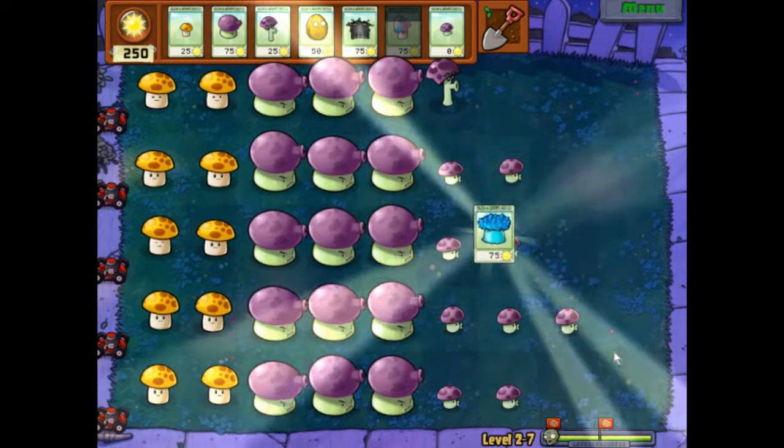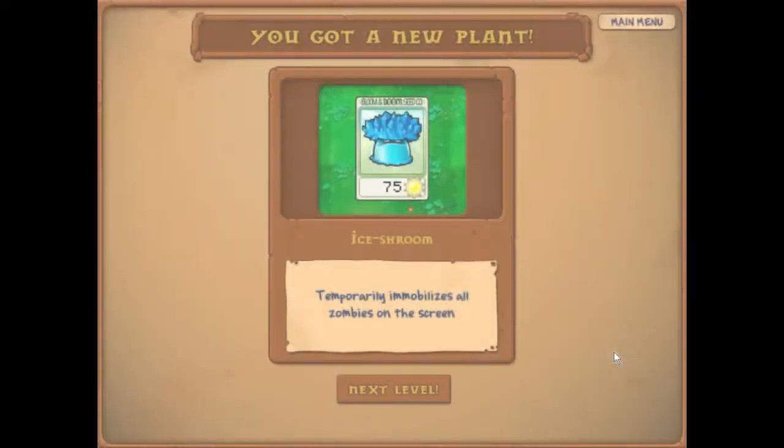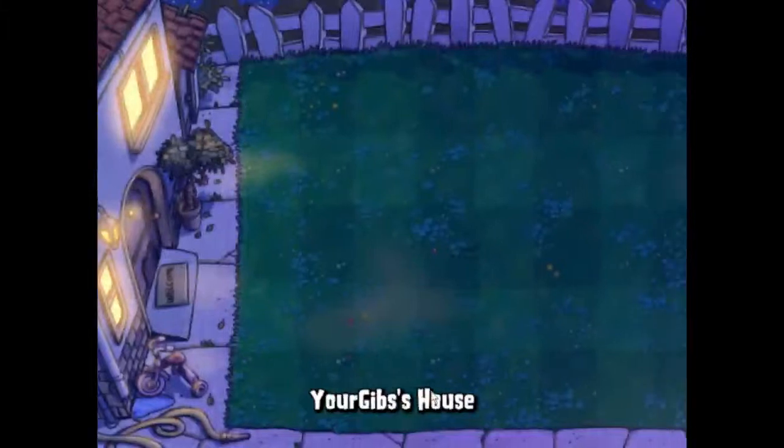So we've unlocked a new plant. Let's have a look, see what we got here. Ice Shroom. So this one temporarily immobilizes all zombies on the screen. Basically, it freezes them. So let's see if it'll be